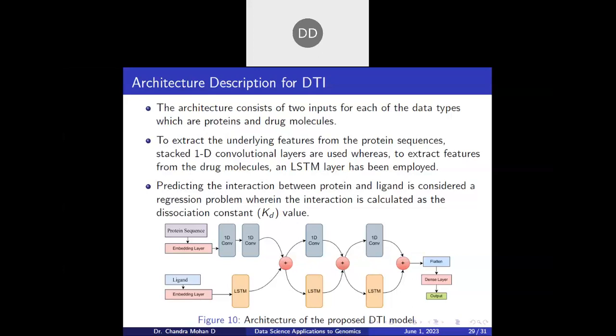In such a way, deep learning, machine learning, or data science helps to identify drug candidates for particular diseases. So this is one best real-time example of